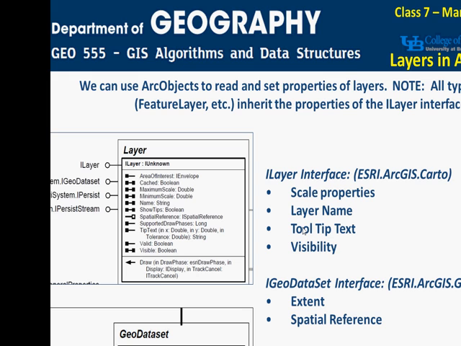We use IGeoDataset for two things, really. To get the extent of the layer. Extent, that might be hard to read. Extent returns an IEnvelope. The extent is the smallest rectangle that would fit the object. So if this is